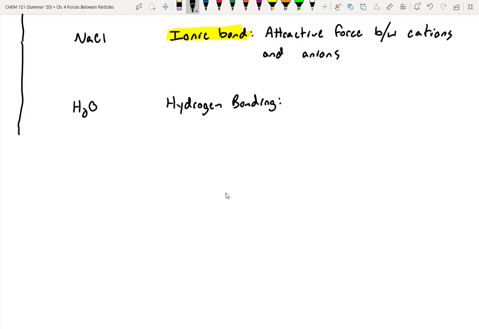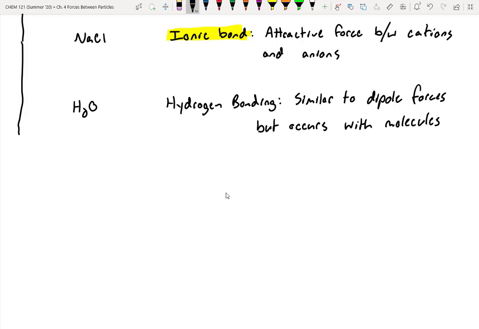It's a really strong dipole force, so it's similar to dipole forces, which we'll talk about next, but occurs with molecules where H is bonded to either fluorine, oxygen, or nitrogen. So the way I always teach my students this is I ask them, is H on the phone? If you have a hydrogen directly attached to a fluorine, oxygen, or nitrogen, then that hydrogen can participate